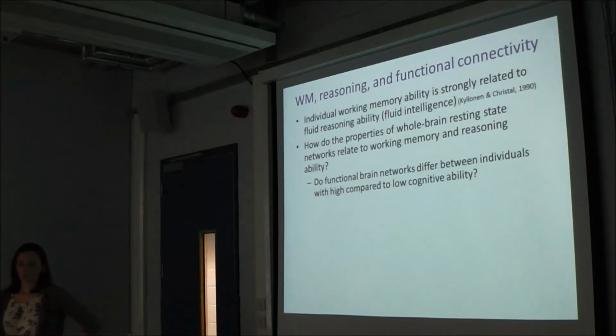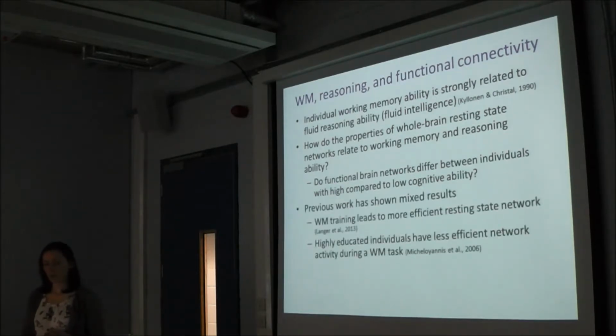And so what I'm interested in is, in individuals with a high ability, do they have different functional brain networks from individuals who have a low cognitive ability? There hasn't been very much work on this, and what work there has been shows kind of mixed results. So one study found that if you train people on working memory tasks and look at their resting state EEG before you've trained them and then after, they seem to have a more efficient resting state